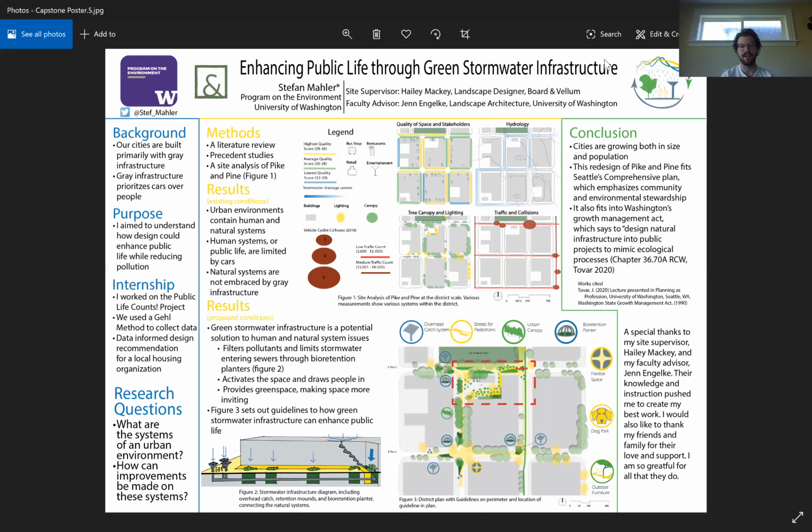I first got started with the idea of public life during my internship on Board and Vellum's Public Life Counts project. Here, we collected data on how many people were moving through space, how many people were staying in space, what people were doing while they were staying in space, and what environmental conditions were in that space. This type of analysis falls under the category of Gehl method. The data we collected and synthesized during this project informed design recommendations for the Capitol Hill Housing, a local housing